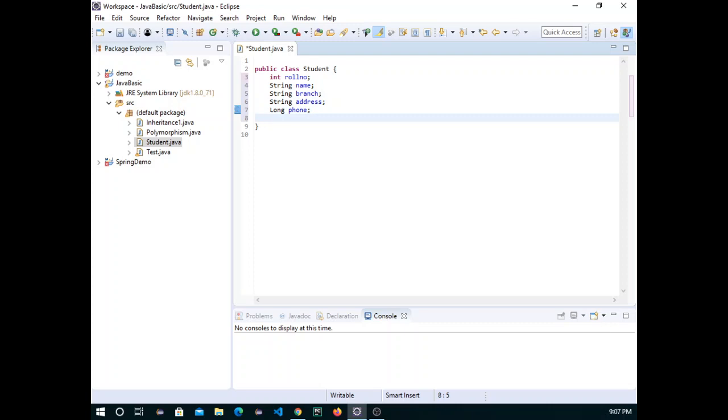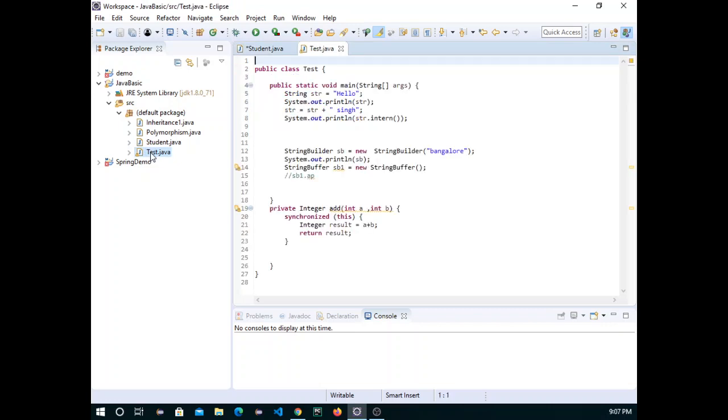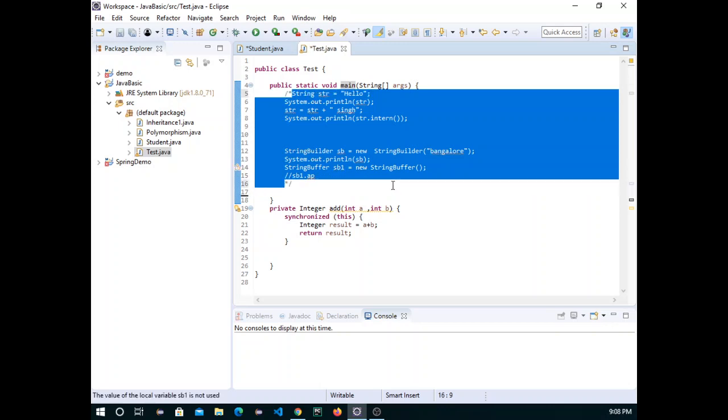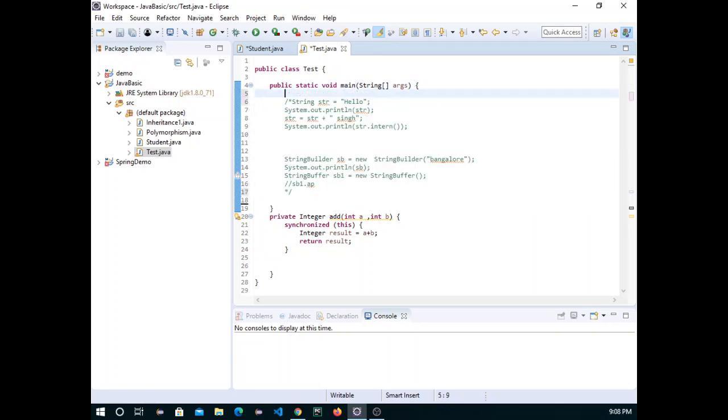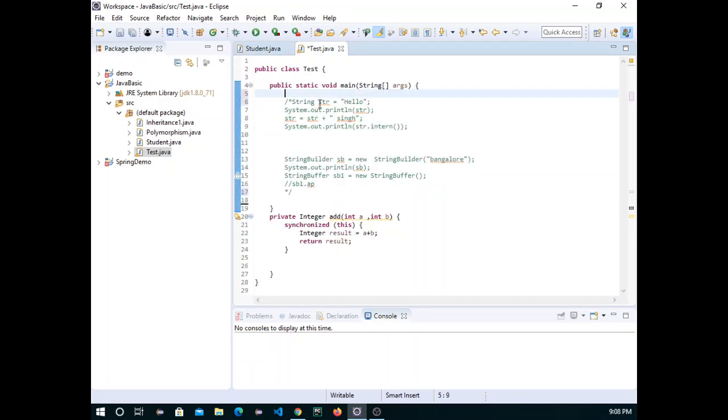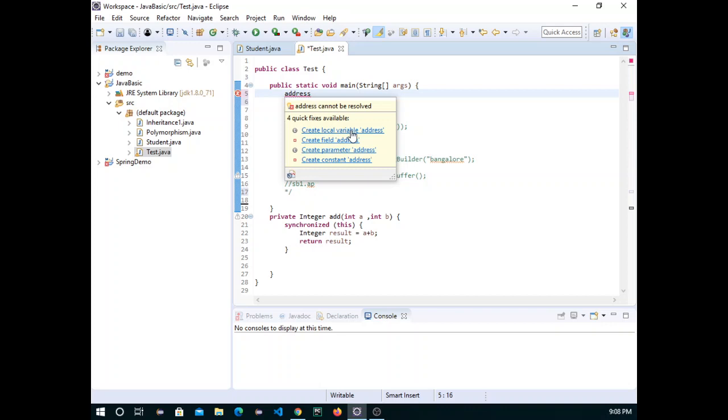Now if, in the same package, we have another class, Test, which is the main class, so I just comment the old code, and we want to access these properties like address, we can easily access them.